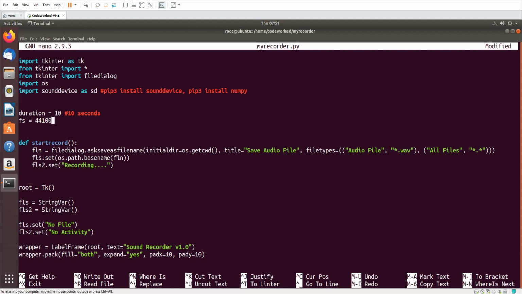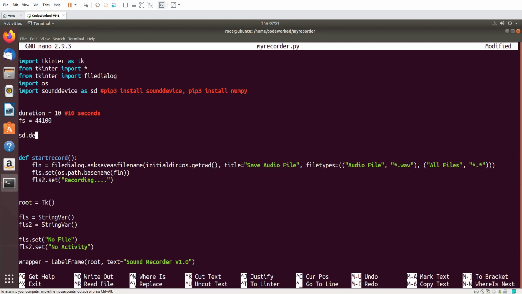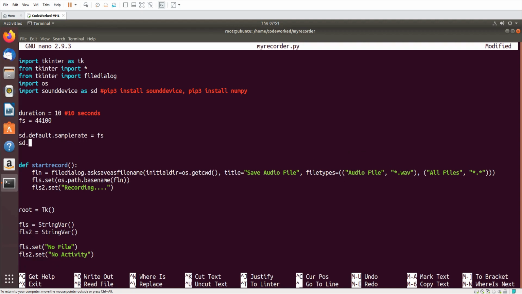Okay, this is the commonly used sample rate. Okay guys, now here sd.default.samplerate equals fs. Okay, sd.default.channels 2.